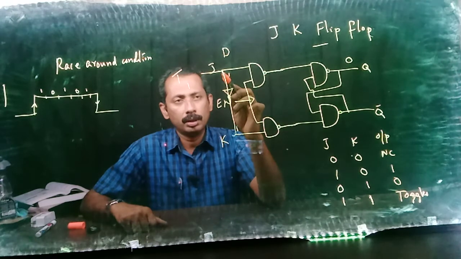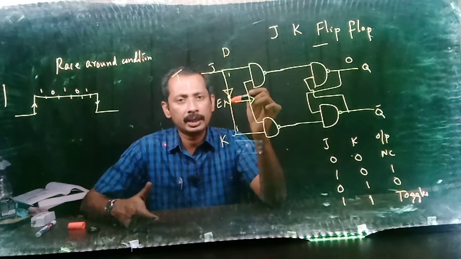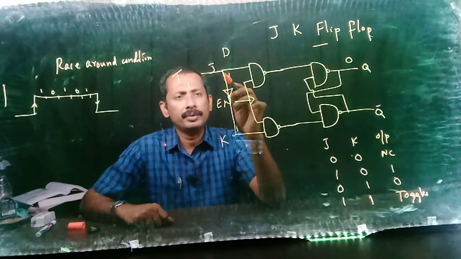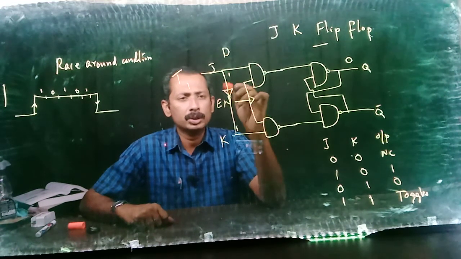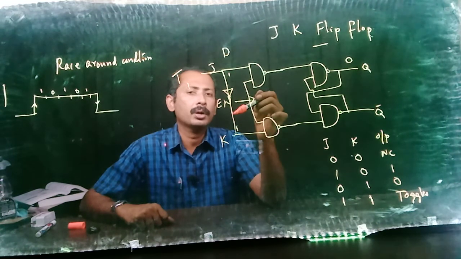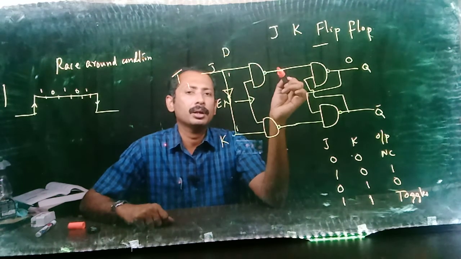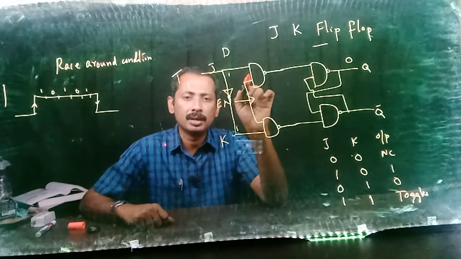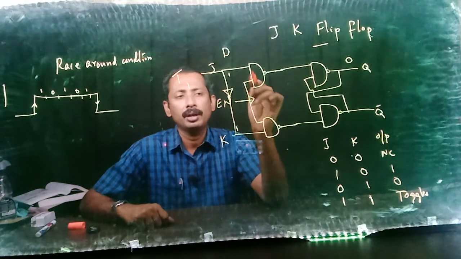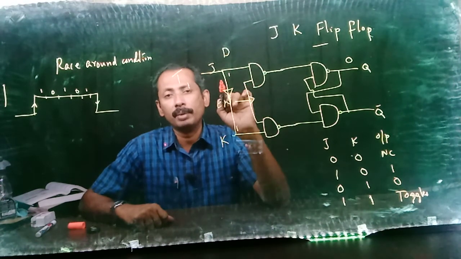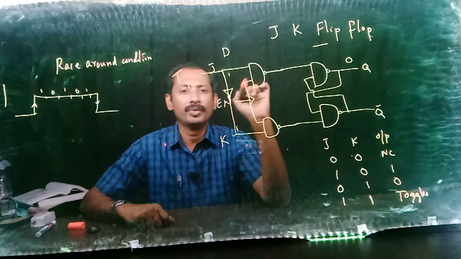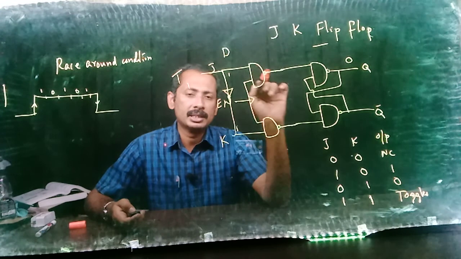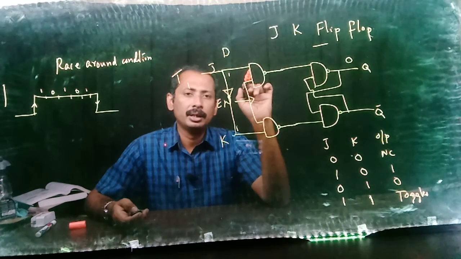So if J and K are shorted directly, it is called a toggle flip-flop, and if J and K are shorted through a NOT gate, then it becomes a D flip-flop. So D can be created either by using SR or by using JK, while T can only be created using a JK flip-flop. So these are the 4 types of flip-flops: SR, JK, D and